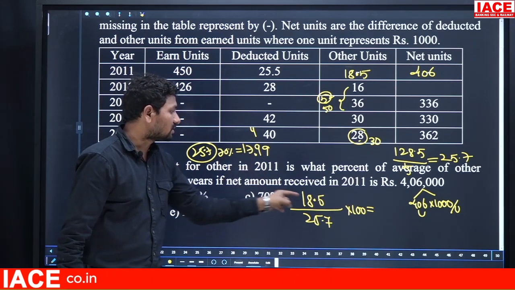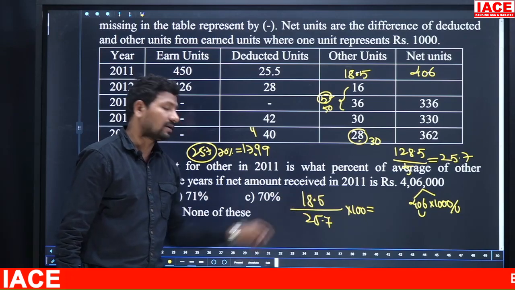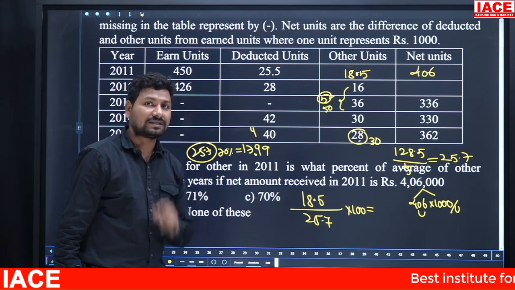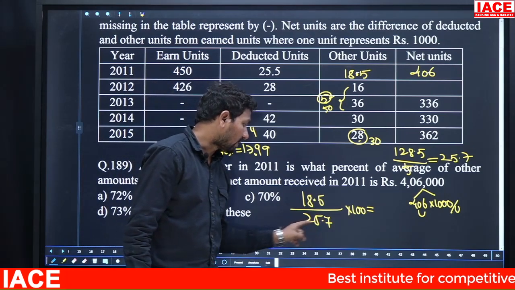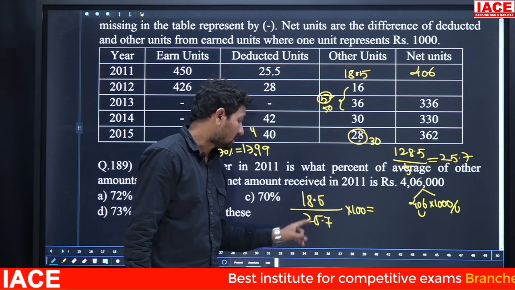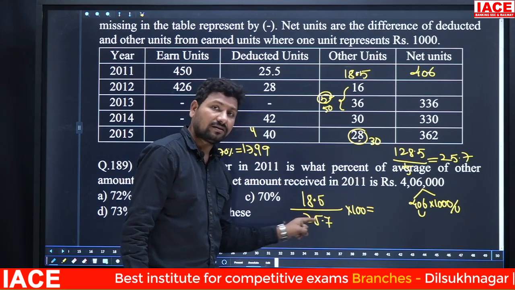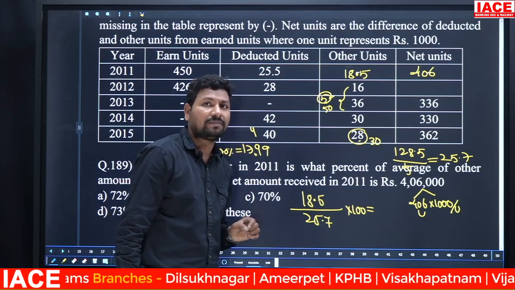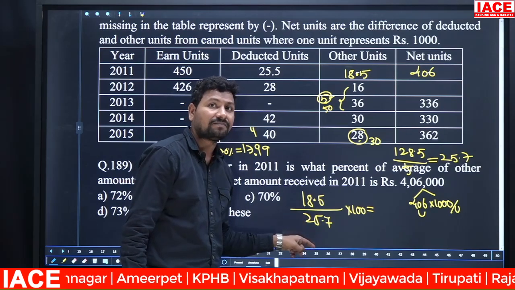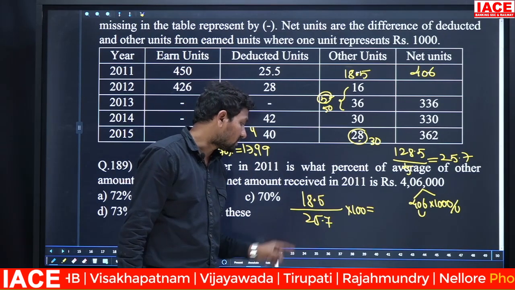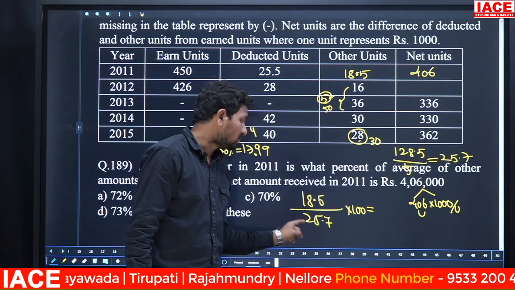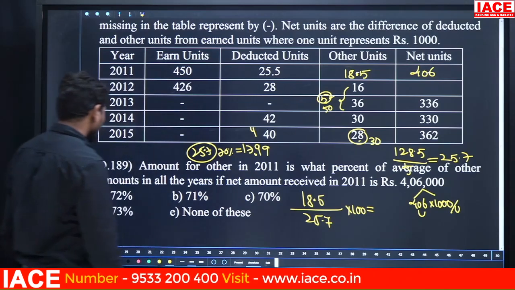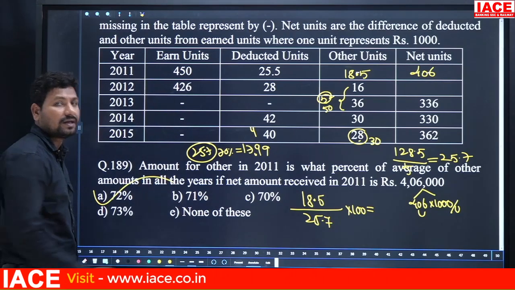17.99 is almost nearly 18, but I need an extra 0.5. For that purpose, what can we do? 25.7 is 100 percentage. 10 percentage means 2.5. But I need 0.5 only, just 50 paise, but it is giving 2 rupees 50 paise. In this, again I will take 1%. 1% value is 0.25. That means 2%. I need 2%, so the answer is Option A.